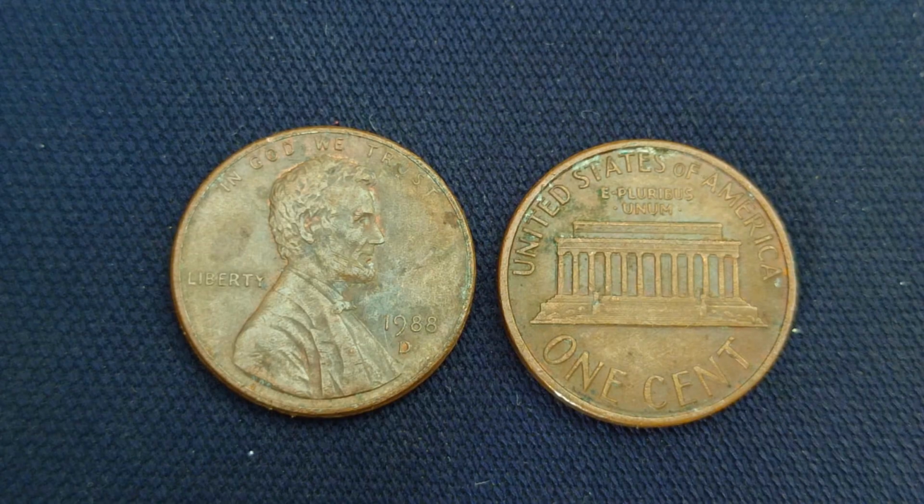And while the vast majority of 1988D cents are only worth face value, the possibility that an extraordinary one lurks among them keeps collectors searching, examining dates, mint marks, reverses, and fine details under magnification. Because in the end, coin collecting is as much about the thrill of the hunt as it is about owning rare pieces. And the story of the 1988D penny that can be worth millions is a perfect embodiment of this